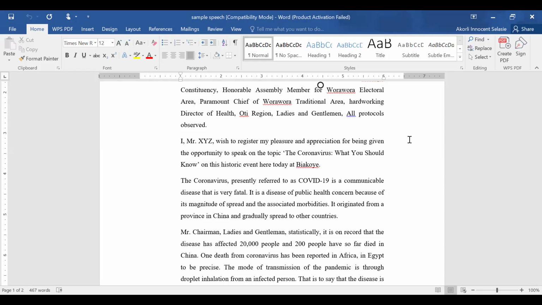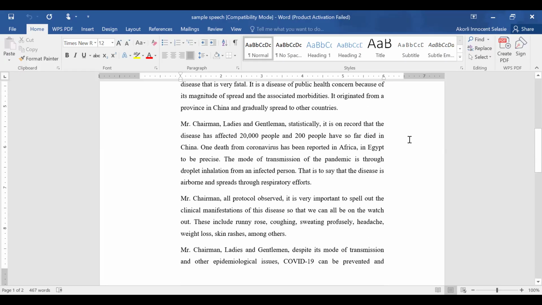The coronavirus, presently referred to as COVID-19, is a communicable disease that is a disease of public health concern because of its magnitude of spread and the associated morbidities. Its origin is in China and it gradually spread through other countries. Mr. Chairman, ladies and gentlemen, it is on record that the disease has affected 20,000 people and 200 people have